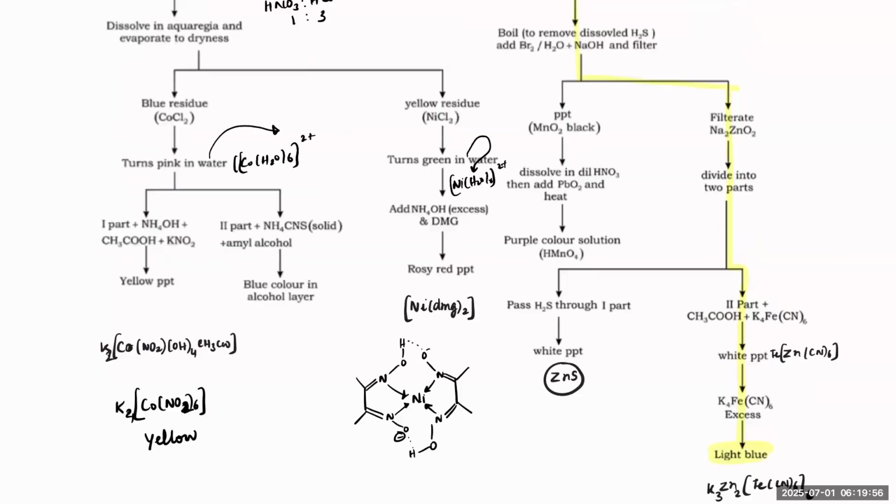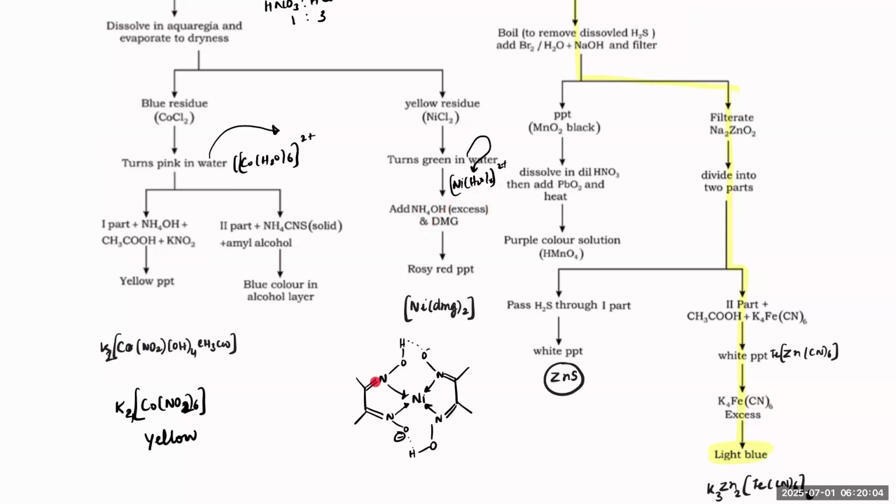The second part: when you react with ammonium thiocyanate and amyl alcohol, it will give a blue color layer in the alcohol. But this is rarely used. For cobalt, we'll always use this part to get that yellow color PPT. Done. For the nickel case, if this complex is added with excess NH4OH and DMG, okay, DMG is this kind of